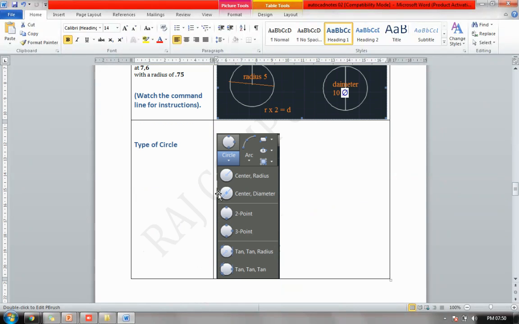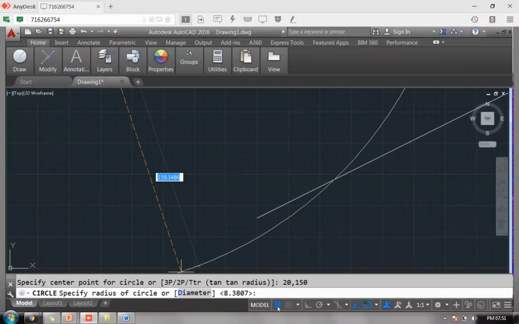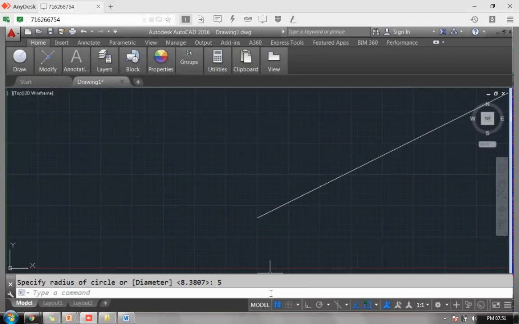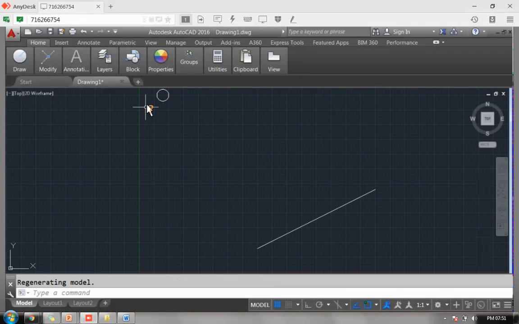Now when you come to circle, we have a few more options. We can draw a circle with the help of center and radius, center and diameter, 2 points, 3 points, then tangent, tangent, radius, and tangent, tangent, tangent. Here 2 points and 3 points are new. I think we can go for the circle with diameter. So right now I'm in CAD. I'm just pressing my diameter here. I'll say 5. See, I'm clicking it here, 5, and press enter. So it is done. Again I say zoom and I get an output. All. Everything is available.